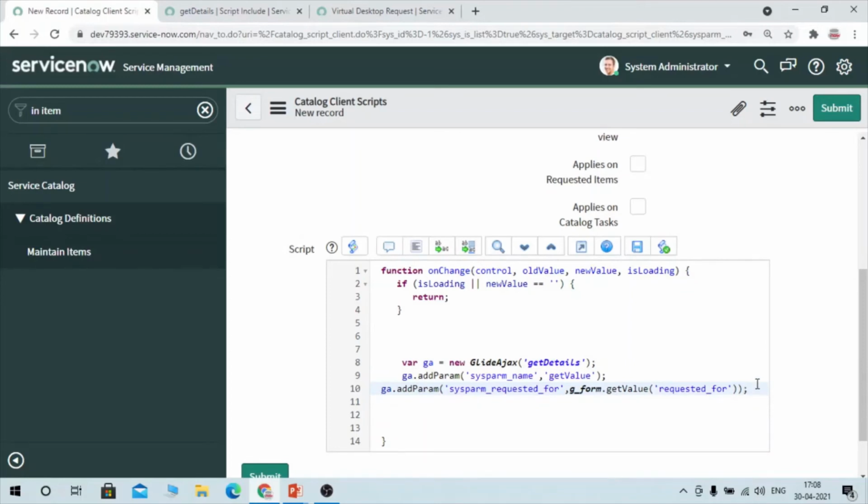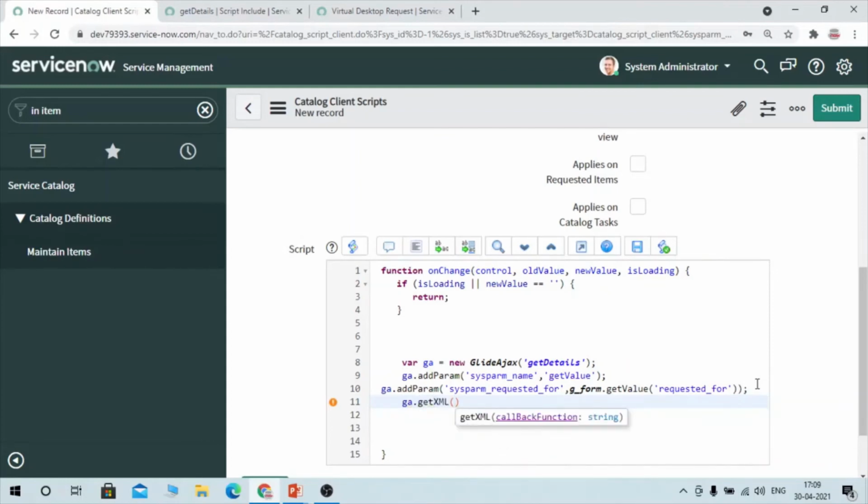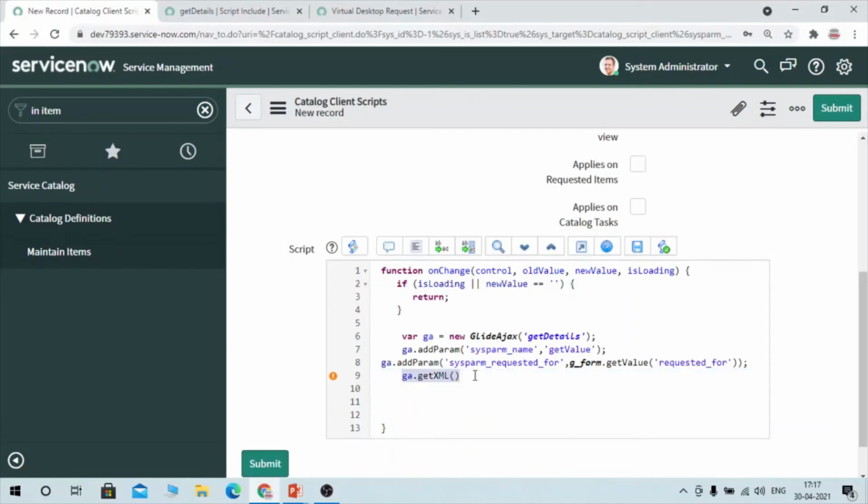Now we have to use ga.getXML. What it does is execute the server side code which we have defined. So for executing the server side code, we need to use ga.getXML. Here I am going to pass a callback function as an argument.